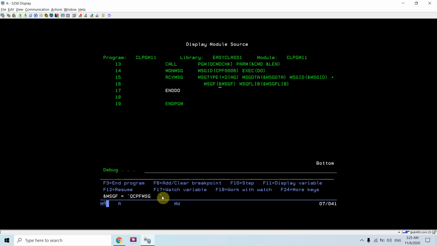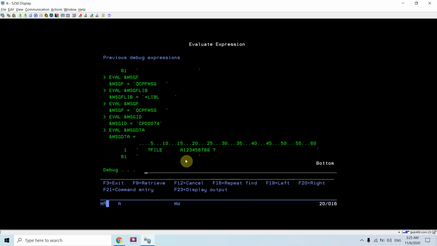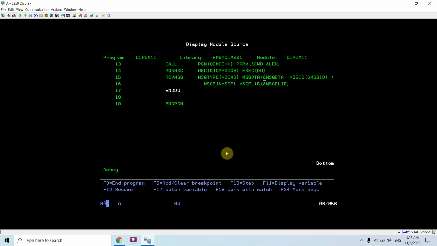The message file is QCPFMSG and the message file library is *LIBL. So in the QCPFMSG message file, we are receiving this message ID and the message data is this file and the name. So it is exceeding 10 characters.